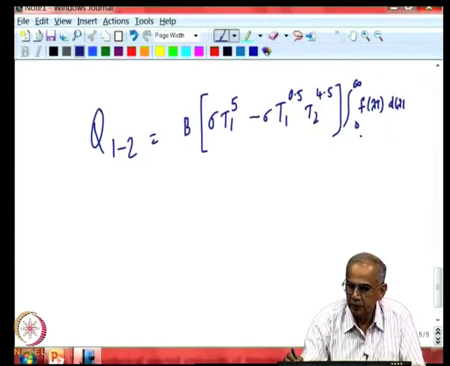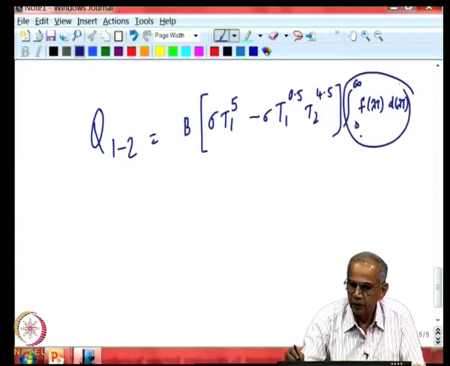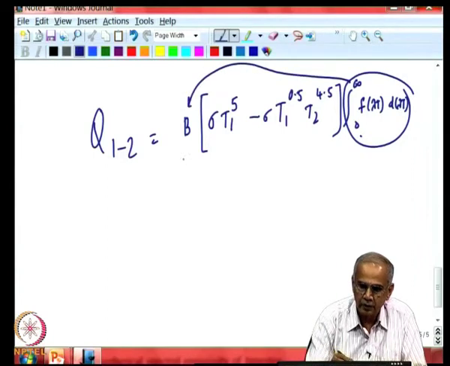So, this is a number which can be evaluated very easily, and usually is combined with this, we did it earlier, and we call it b tilde along with sigma. So, we are left finally with